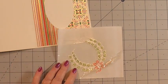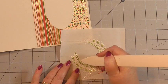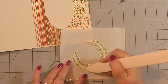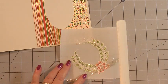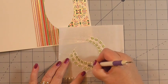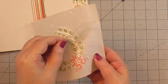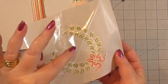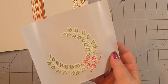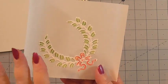Now the only thing you need to remember is when you put it through your Xyron, you need to break the connection at the edges, because then the adhesive will just stay on the sections that it needs to stay on. So go around with something like your bone folder if you're happy using that, or an embossing tool. Just take it around the edge, and then when you peel the top section away, the adhesive that you haven't used comes away with that top section, and the adhesive that you need will be underneath the die cut or the shape or whatever you've used